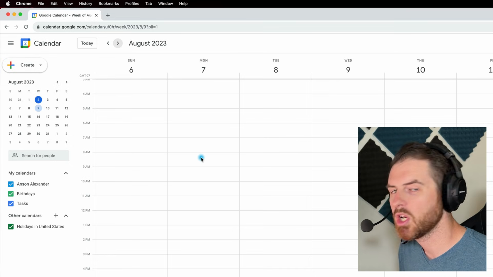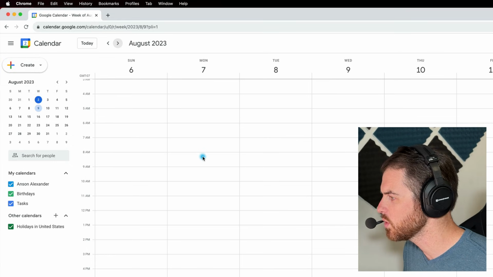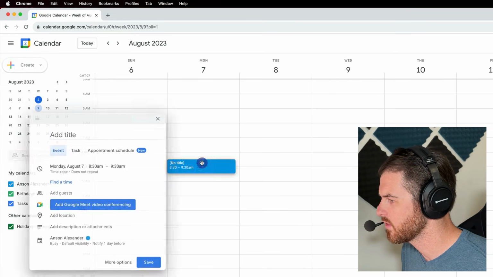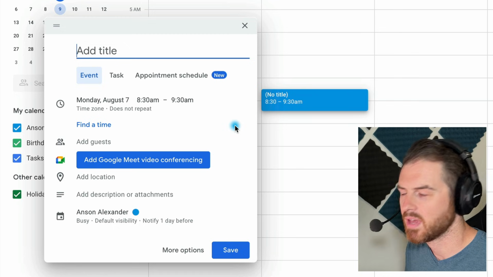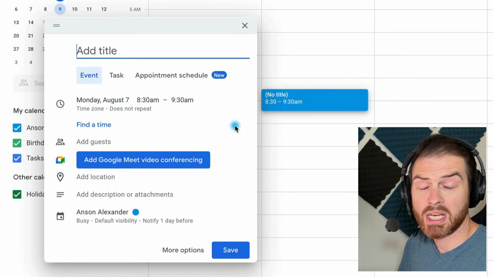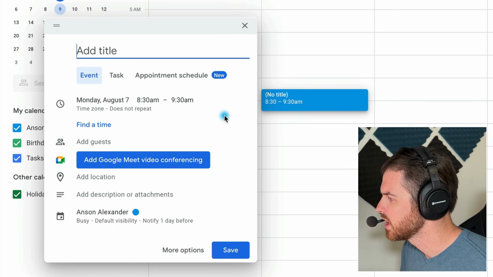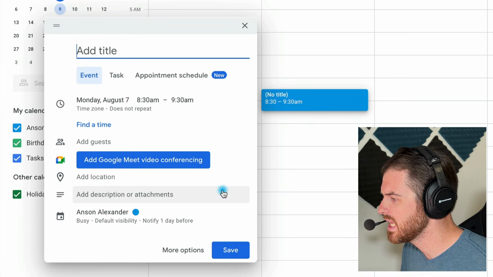And we'll go ahead and we want to create a weekly kickoff meeting. So I'm just going to click here at, say, 8:30. So you'll notice when I click, a little window pops up, and this is the quick create event window. And we can create an event right from here if we'd like. We can add a title, you can fill out this information, and then click Save.